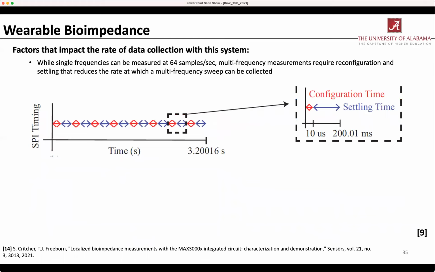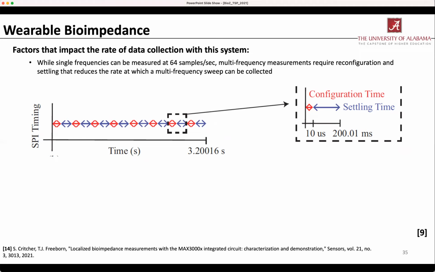Okay, what other factors impact what we're doing? So we have contraction artifacts, we have movement artifacts, but we no longer have this precision equipment anymore. So we have this integrated circuit, and we have limitations of the integrated circuit. Because I'm not a designer of integrated circuits, I'm a user of those pieces, I'm limited by what has been designed. So this system, while single frequencies with that max 30,001 can be measured at 64 samples a second,